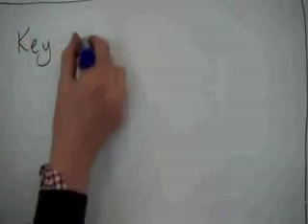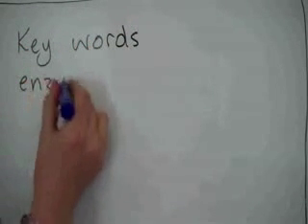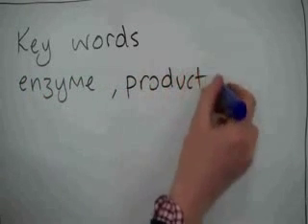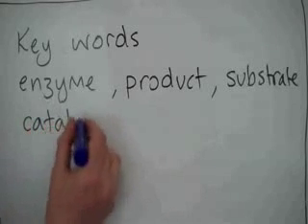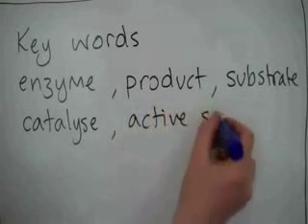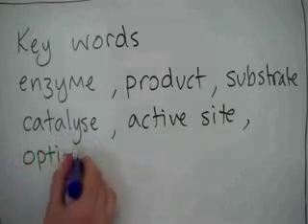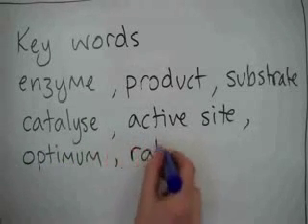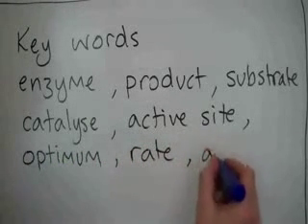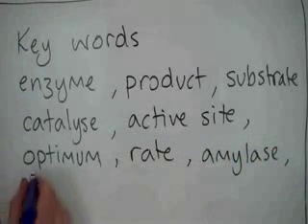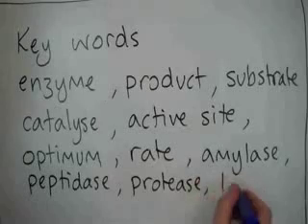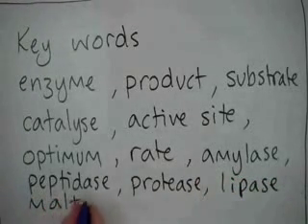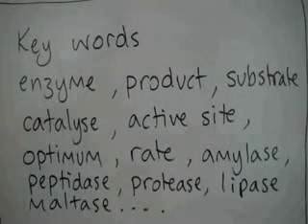We're done. This is what I really want you to take away from watching this film. You need to be able to write down what you think all of these words might mean. Now, hopefully you've got enzyme. Hopefully product and substrate are pretty okay. Catalyze, active site, optimum, rate. It's so good if you can use these words properly in a GCSE exam. And then here are the enzymes themselves that you need to know. Learn them, learn what their substrates are, learn where they work, learn what pH they like, and you will be an expert on